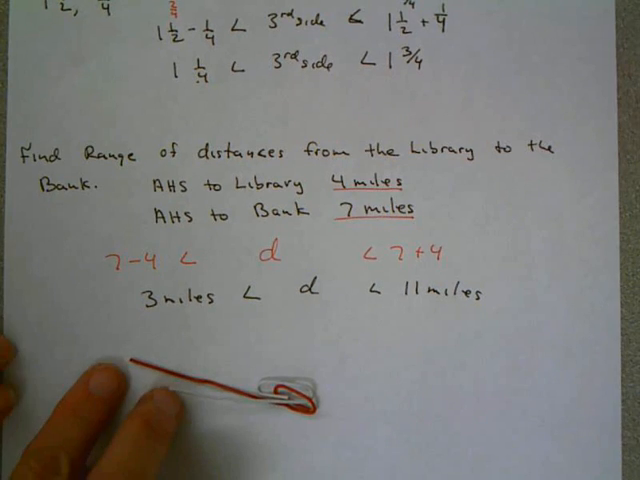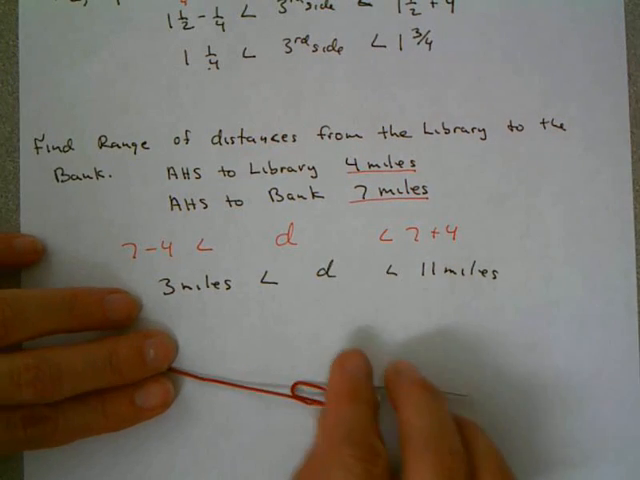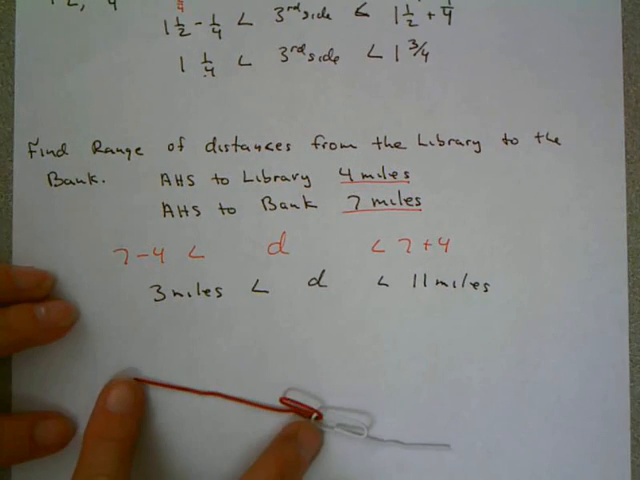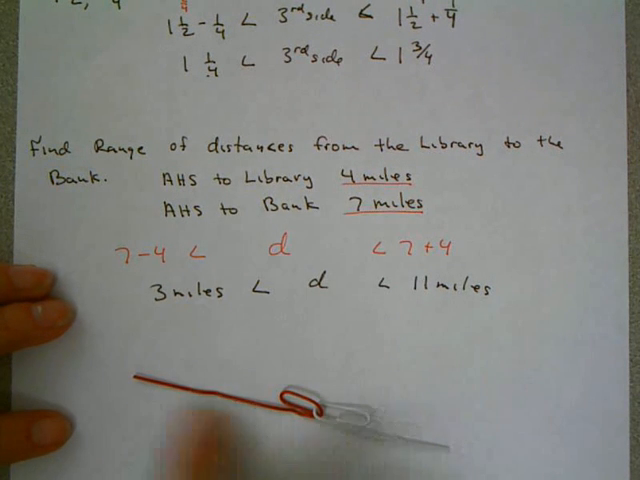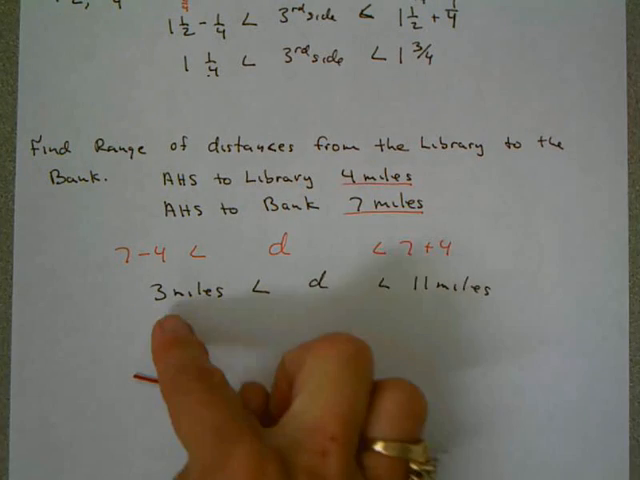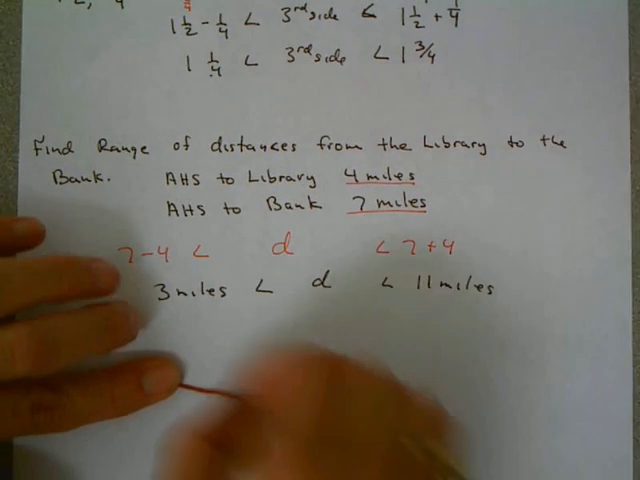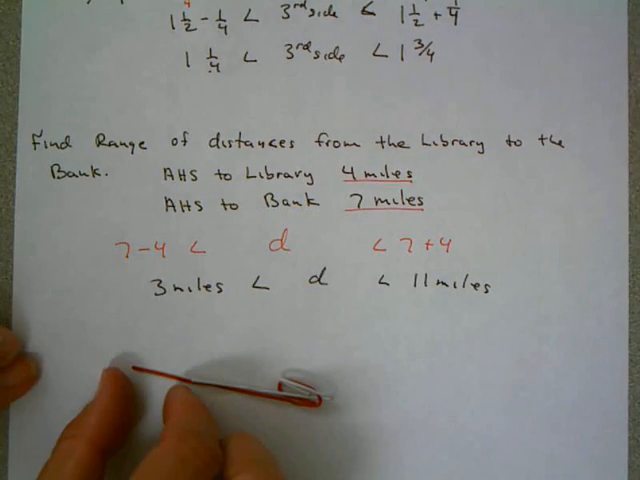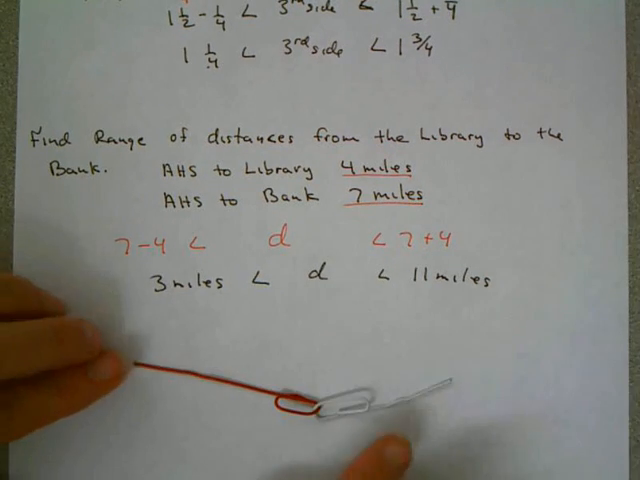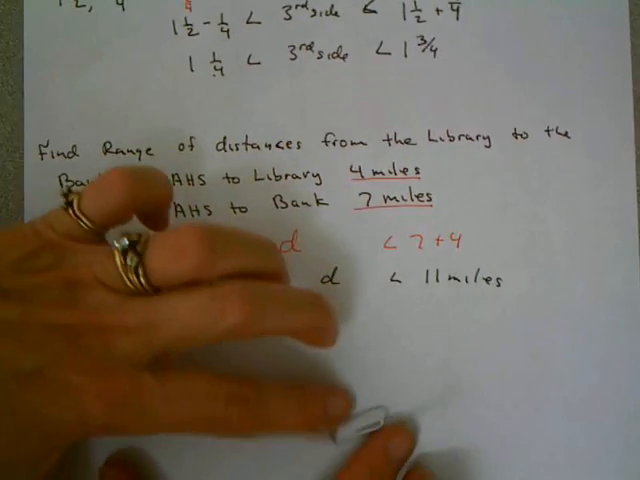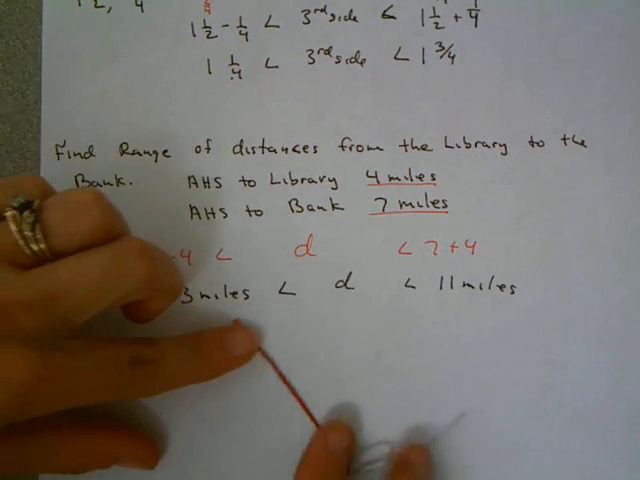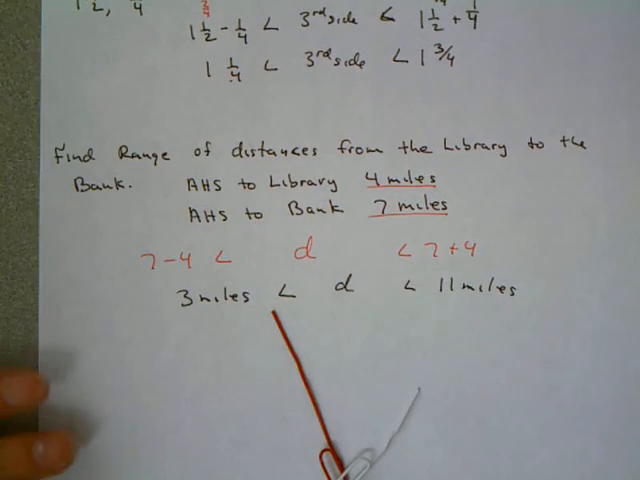Well, if they were at other ends of town, you'd have your 7 miles to the bank and your 4 miles to the library, and it'd be 11 miles. So that's why we subtract to find the shortest possible distance it could be, here, and we add to find the longest possible distance it could be, here, and we know that the distance is going to be somewhere in between